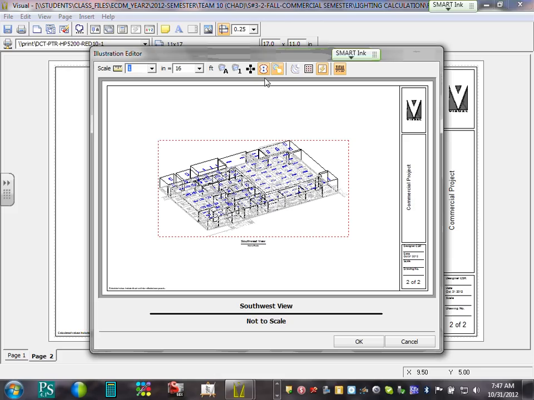Southwest. Any view, it doesn't really matter. Leave it at that scale. I'm going to leave it up to you if you want it bigger. Oh, we're going to use the right scale though. This is not the right scale. We're going to use